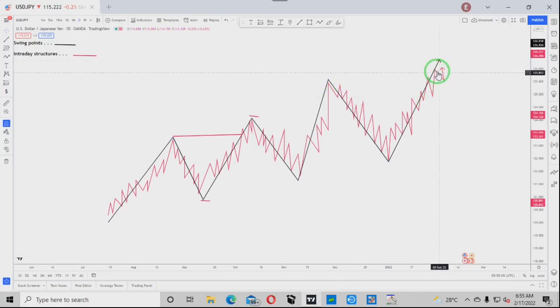We are still talking about these black lines. These are your major higher time frame swing points, right? These are your higher time frame swing points. It is crucial, it is important for you to mark out your higher time frame swing points, the swing high and the swing low on your higher time frame. You can use it depending on the type of trader you are.